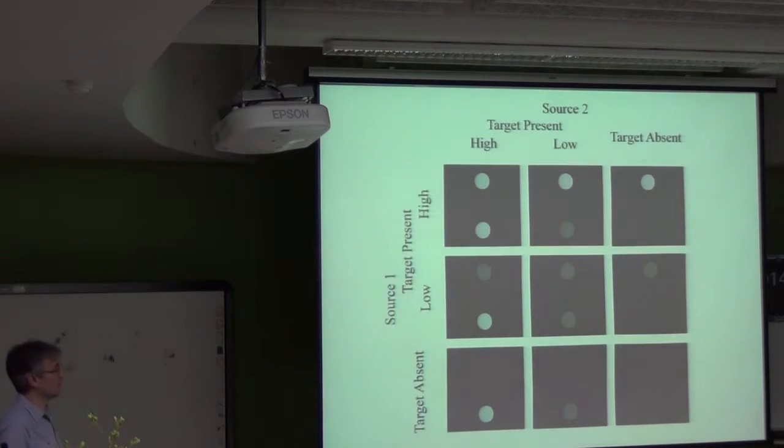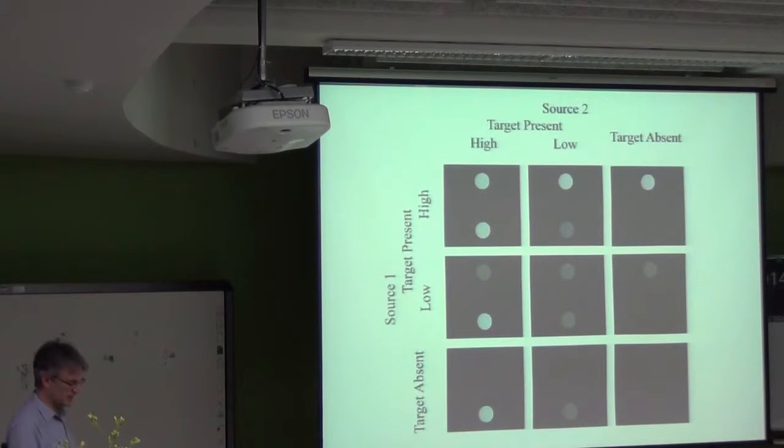Here's another way maybe to look at it, a design that Joe showed yesterday, where we have binary values of saliency of a dot. It could be a bright dot, a dim dot, or absence of a dot. As a matter of fact, it could look like an AND design if you ask your subjects, as soon as you see both dots, press one button. If you see only one dot, regardless of the brightness, press the other button. They will directly generate an AND design here, and this is exactly a factorial group. You can analyze it to calculate SIC